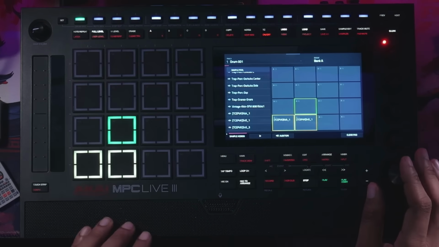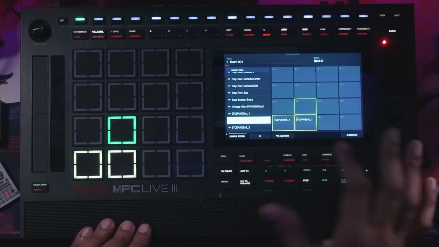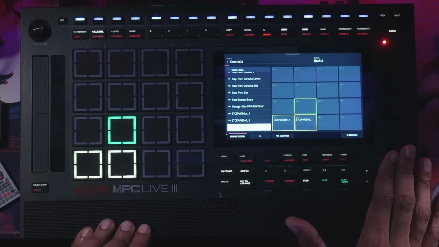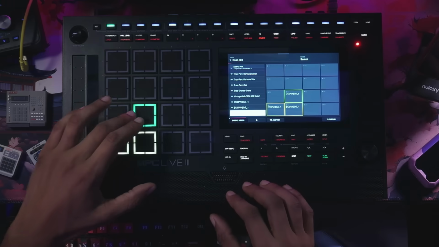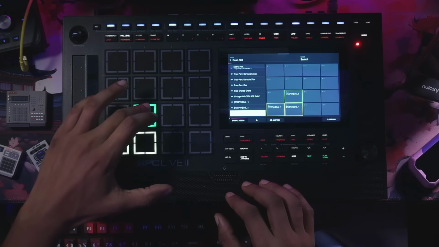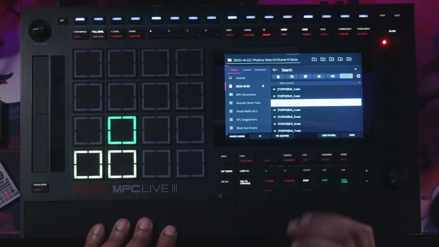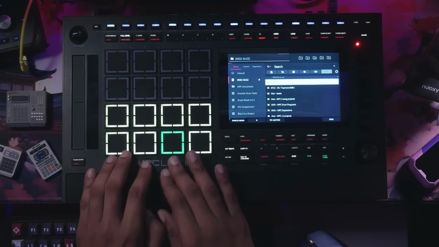I'll go ahead and just select it. And then I would go to that corresponding pad, and then I would hit the data wheel down, and it will load that snare. And if you want to change stuff around, you can go ahead and do that as well. And if you want to go out of sample assign, you will hit this tab right here again, and it'll bring you right back into your directory. Now we have drums in the pads,